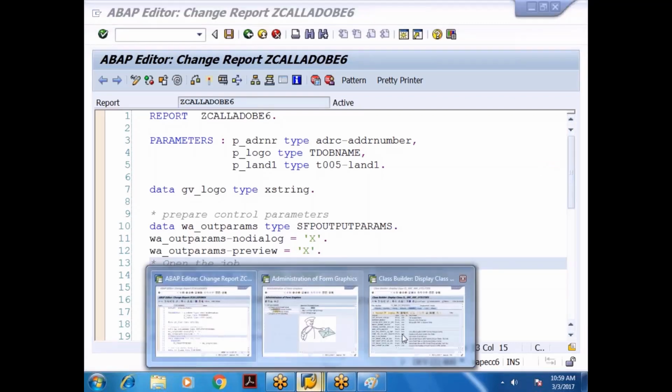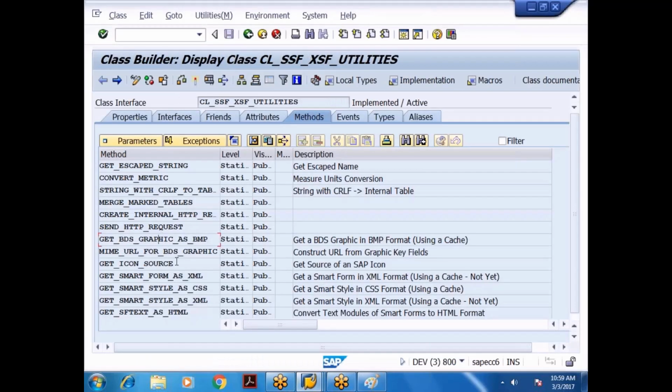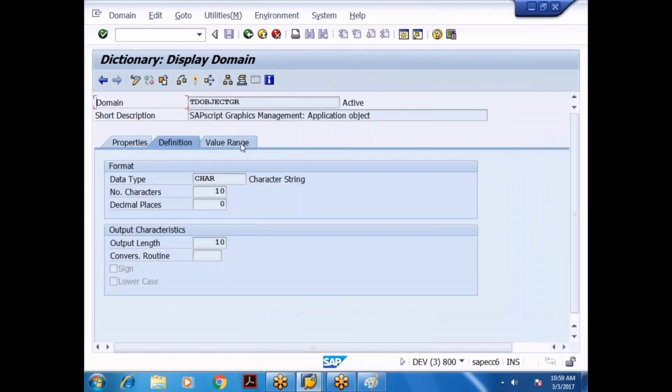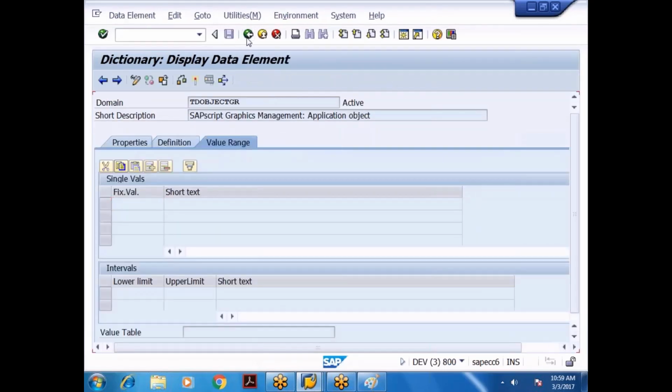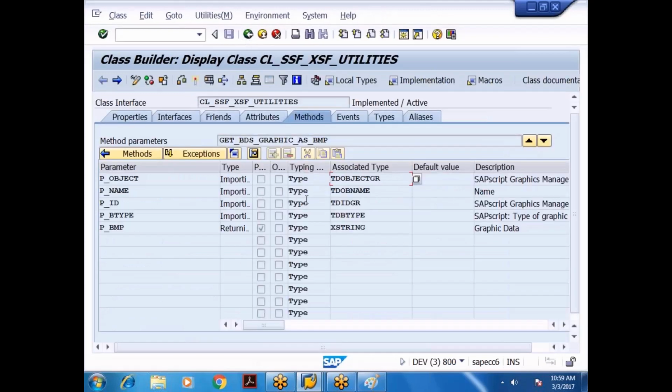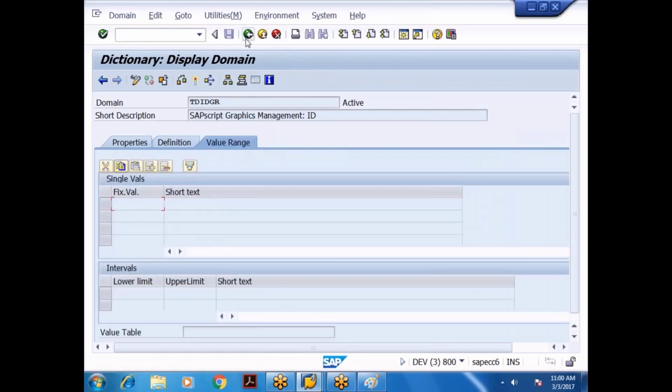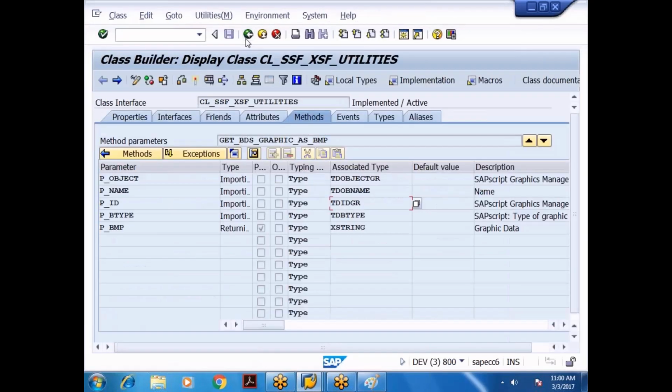Okay, this is get PDF graphic as BMP. Parameters: object group I give, it is always graphics only. Object name I give. ID group, so I give BMP only. Then why is it not taking?